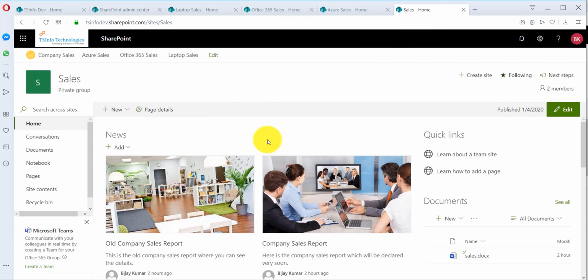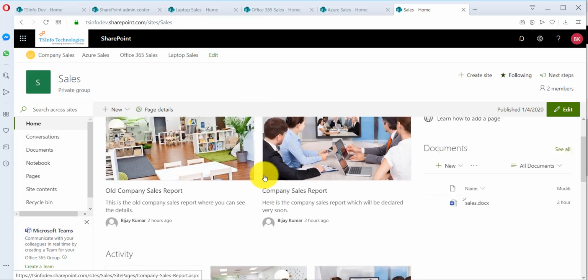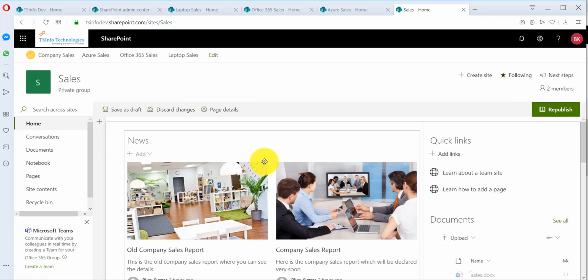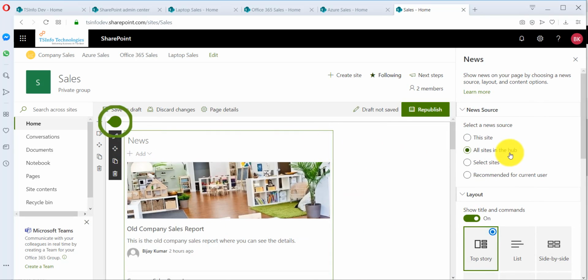Now in the hub site, we can actually configure the news so that it will appear from all the associated sites. How can we do that? I just click on this edit button. This is the button where you can edit a page. So click on edit and you'll see here, this is the news feed. You just click on edit and you can see here it says all sites in the hub. If you select all the sites from the hub, then it will display the news from all the sites. This just takes some time,